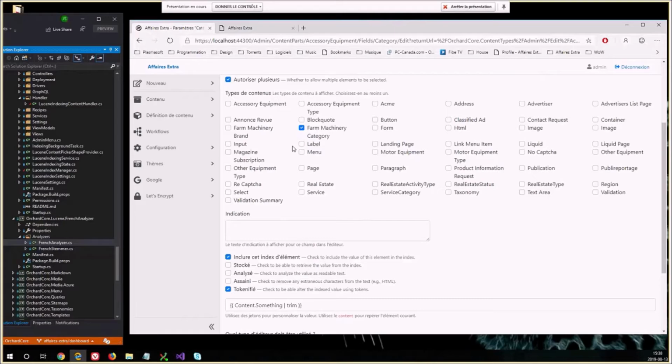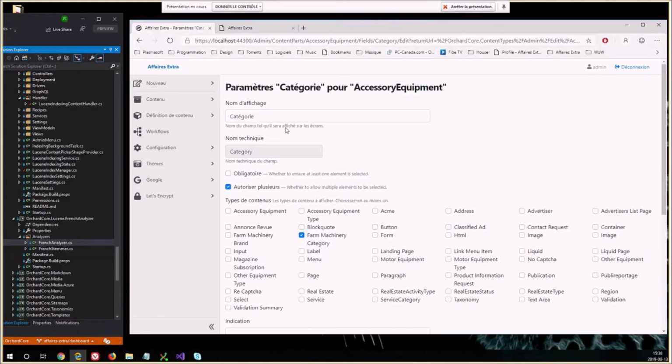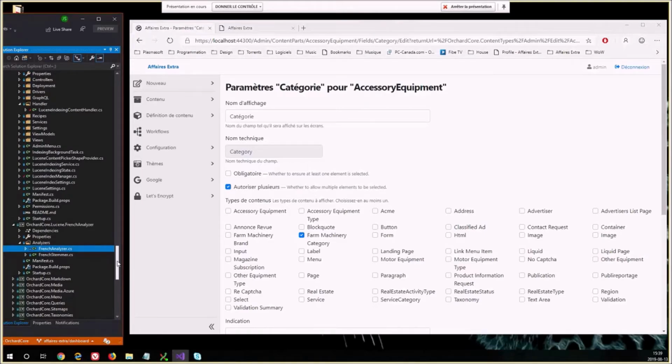But now in Orchard Core, the idea is that for each content item there will be a full text property in the search index that will be used by the full text search controller. By default, it will contain the display text of the content item. So now the search controller will search the full text index, which will contain the display text by default. But if you want to customize what's included in the full text field, so what is looked for when you do a full text search, Jasmine created a new option in the content types. This is what he just showed. So if you go back to your type settings,